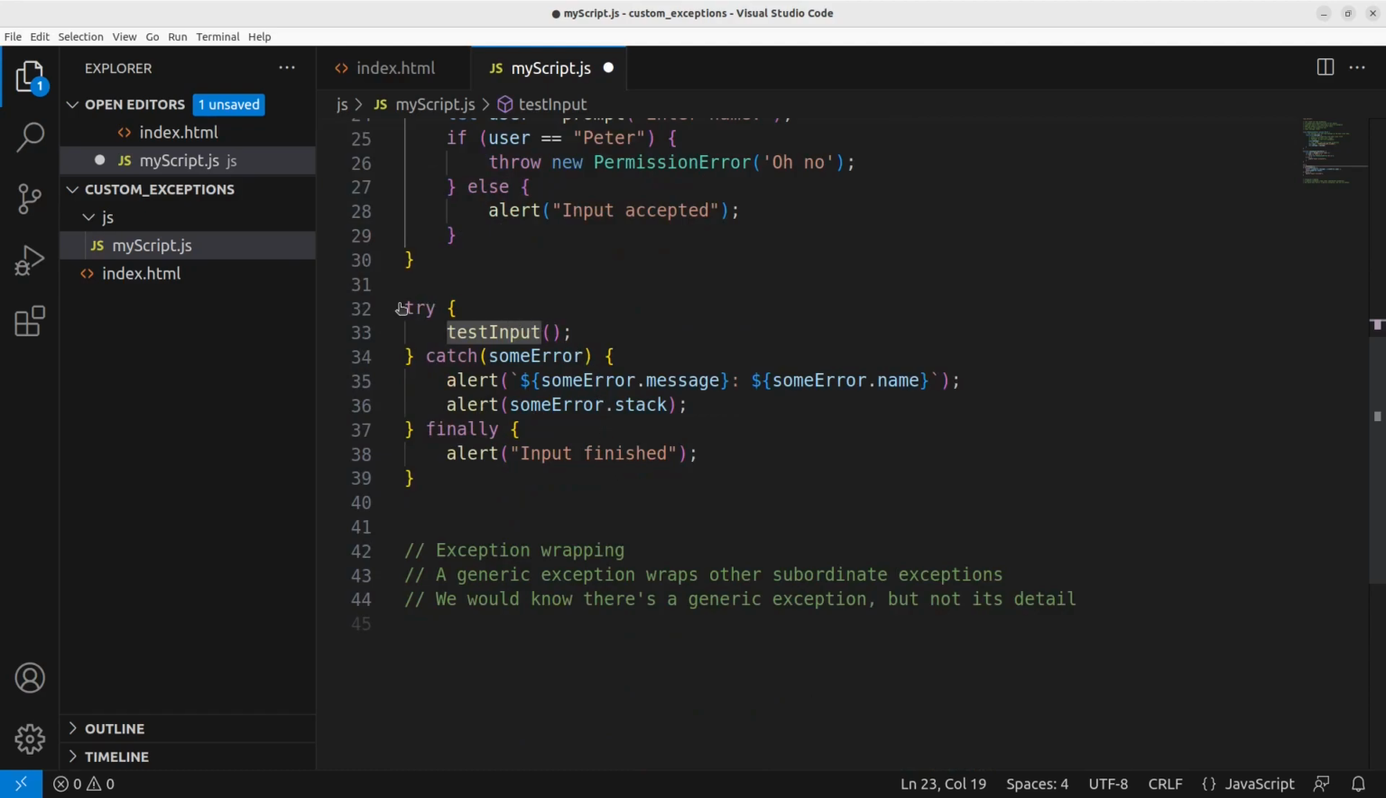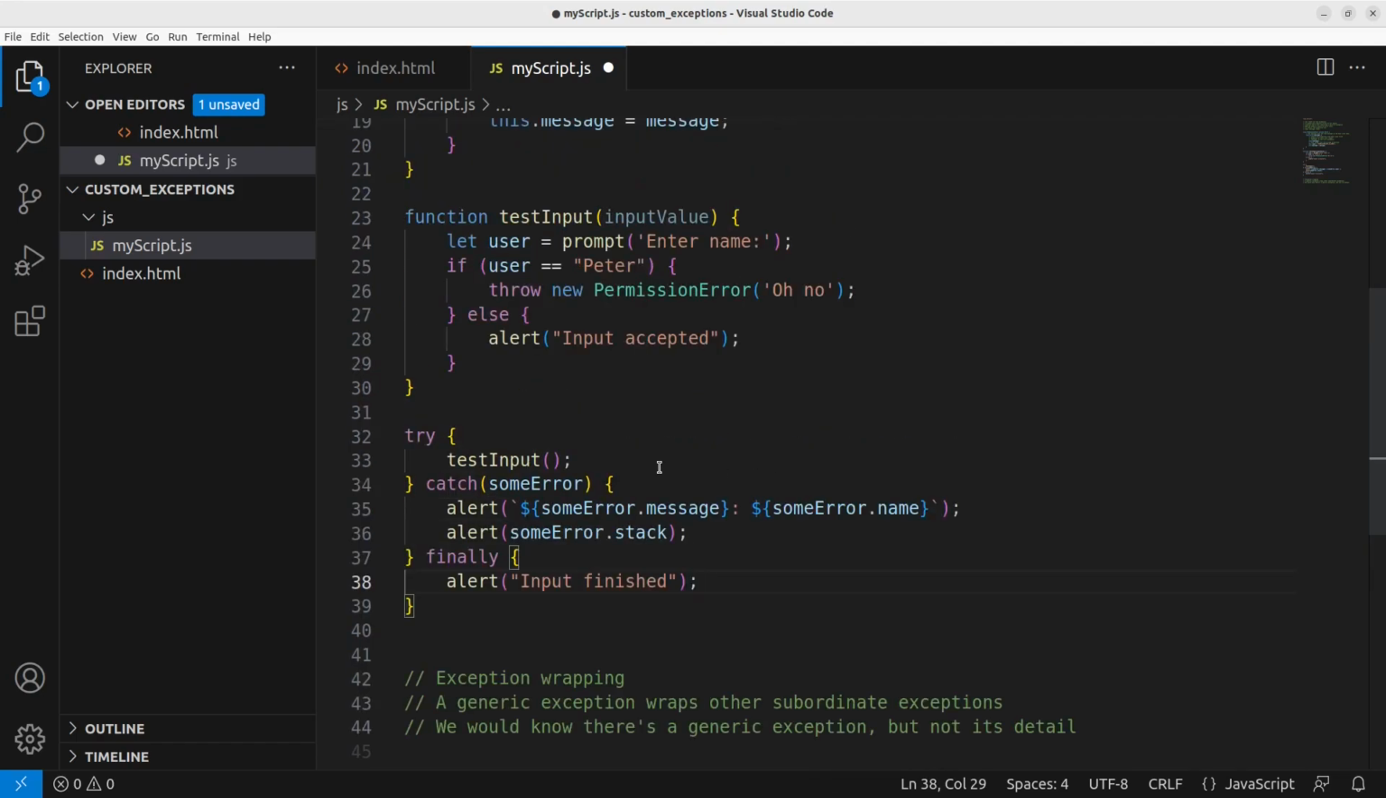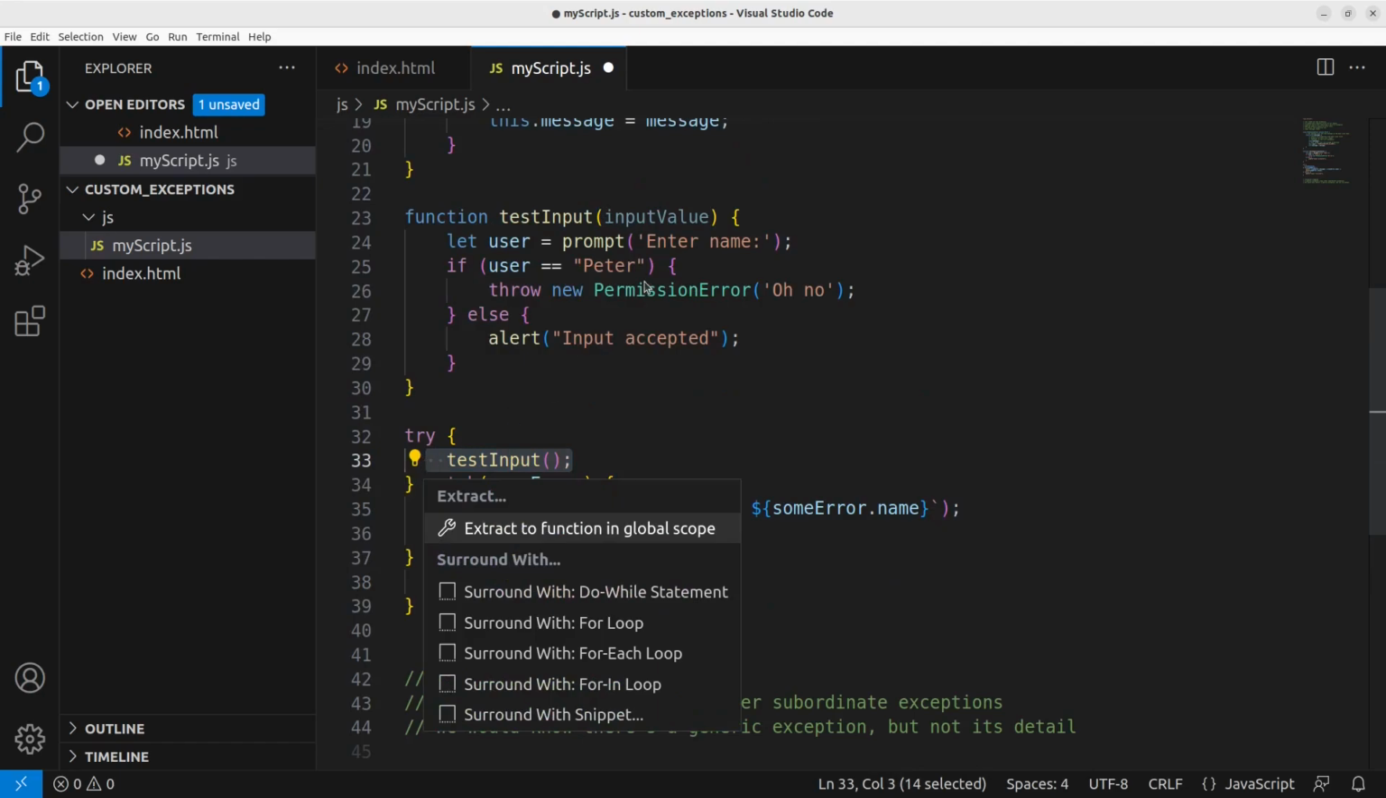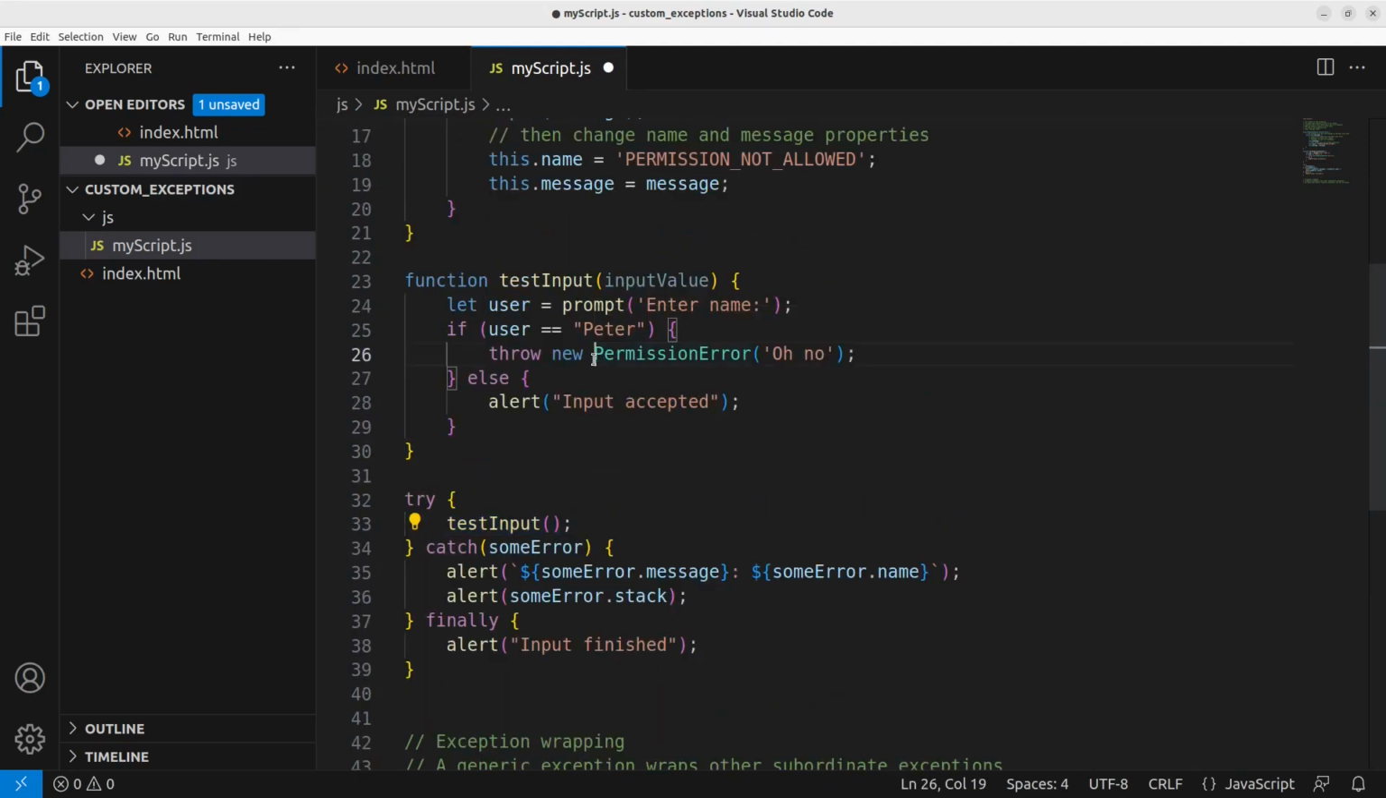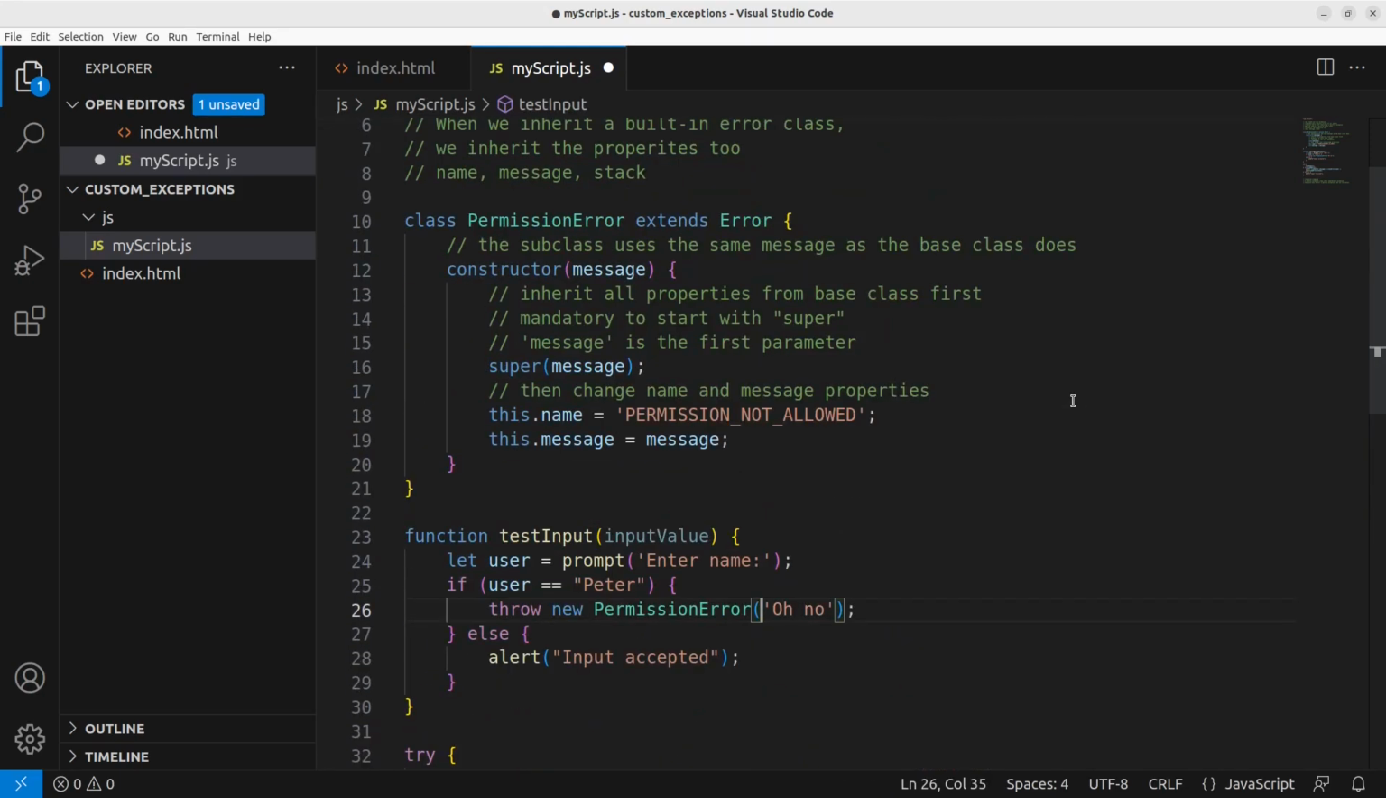We call the function in the try catch finally block. So I call testInput in the try part, and if there's some error coming out, I catch the error, and of course I can show the content of the error by showing the message, the name, and the stack. And of course, whether or not the error is caught, I will still go to the finally part. So that's the major way of calling the testInput function, which has a possible error called PermissionError. Okay, so let us see how we